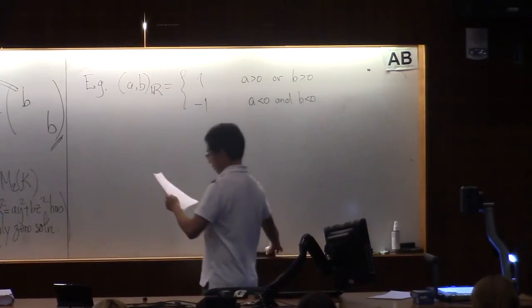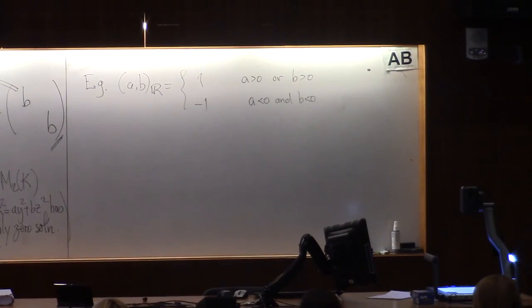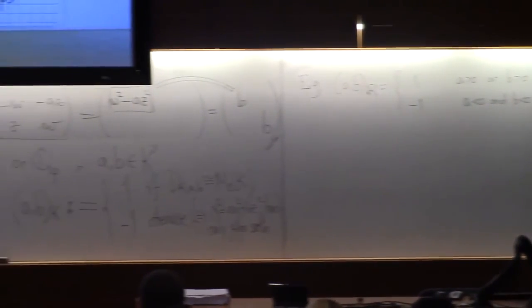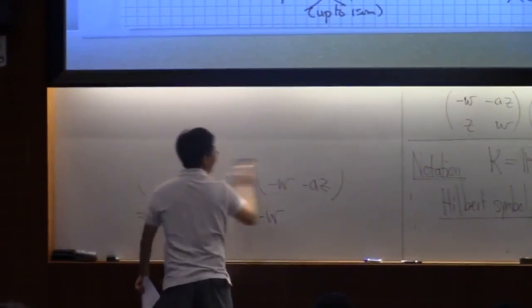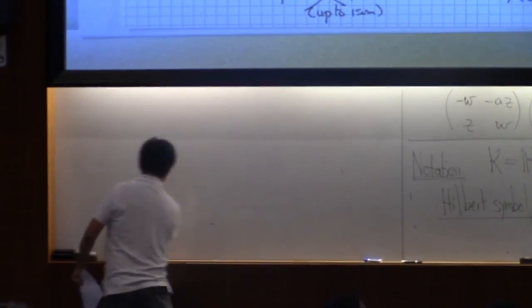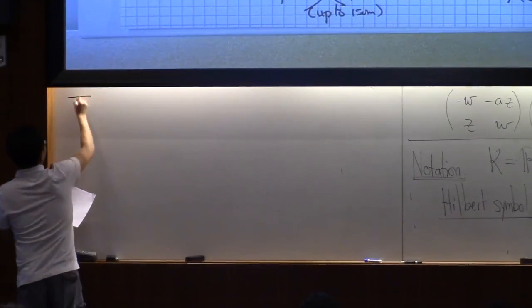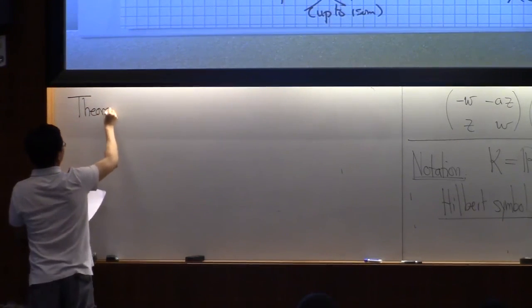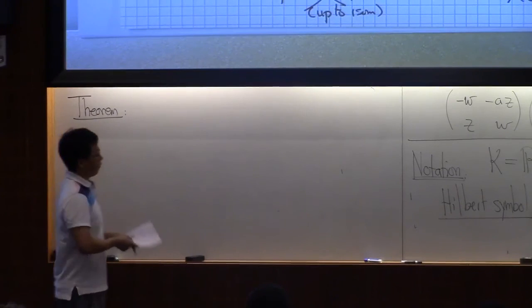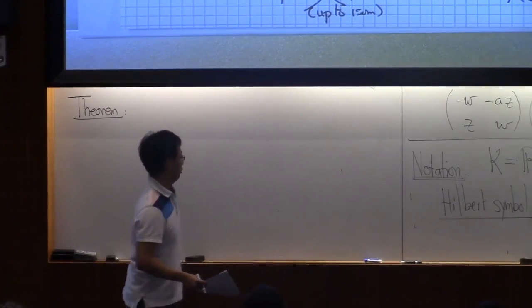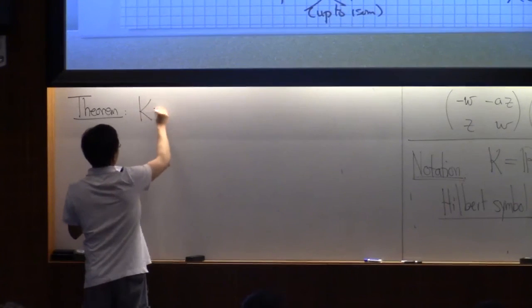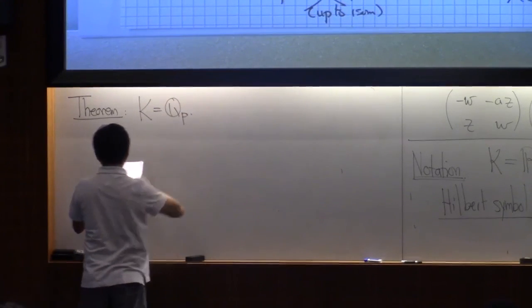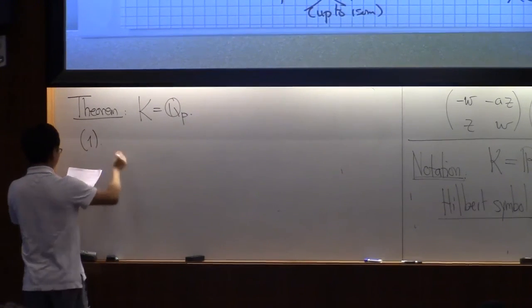Now we already know what this Hilbert symbol looks like when k equals R, so I'm not going to do that. I'm just going to take k equals Q_p. The first thing is that